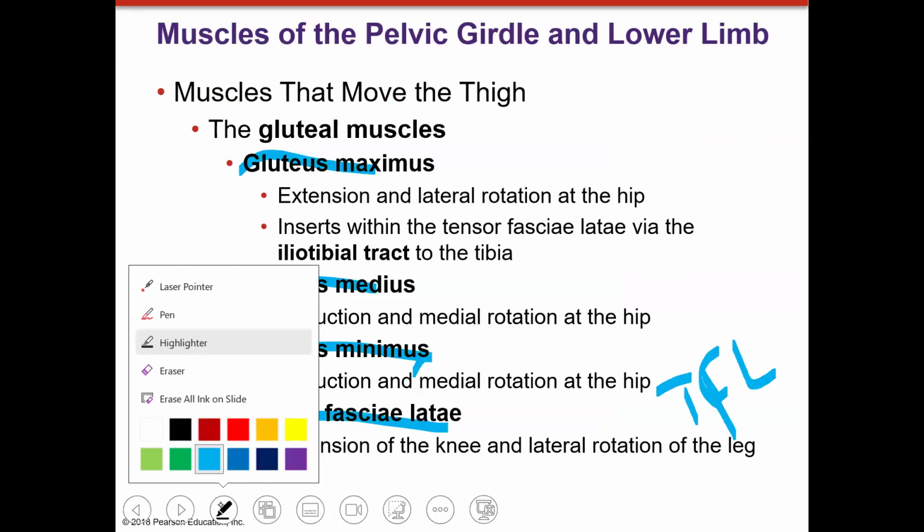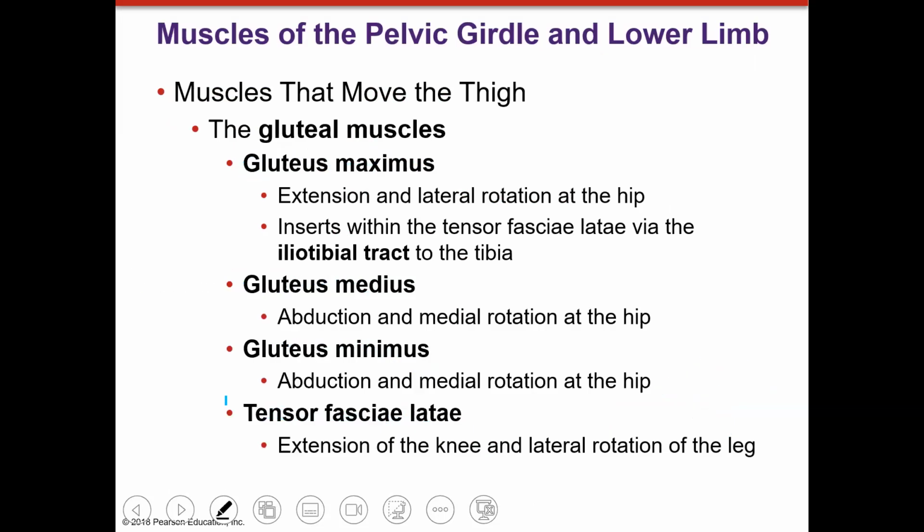There we go. So glute max is going to be major extension of the hip. It's going to give a little bit of lateral rotation, but it's our major hip extensor. So when you kick your leg back out behind you, that's your glute max. Glute med is going to be abduction and hip stabilization and medial rotation of the hip. Same thing for glute min. So glute med and glute min are going to be buddies, and they're going to do the same thing and help each other out. Tensor fascia lata is going to give extension of the knee and lateral rotation of the